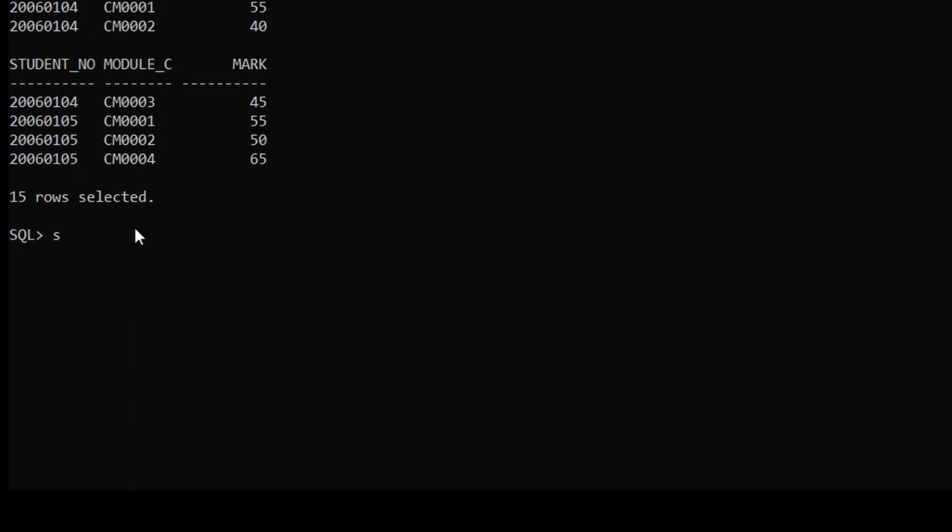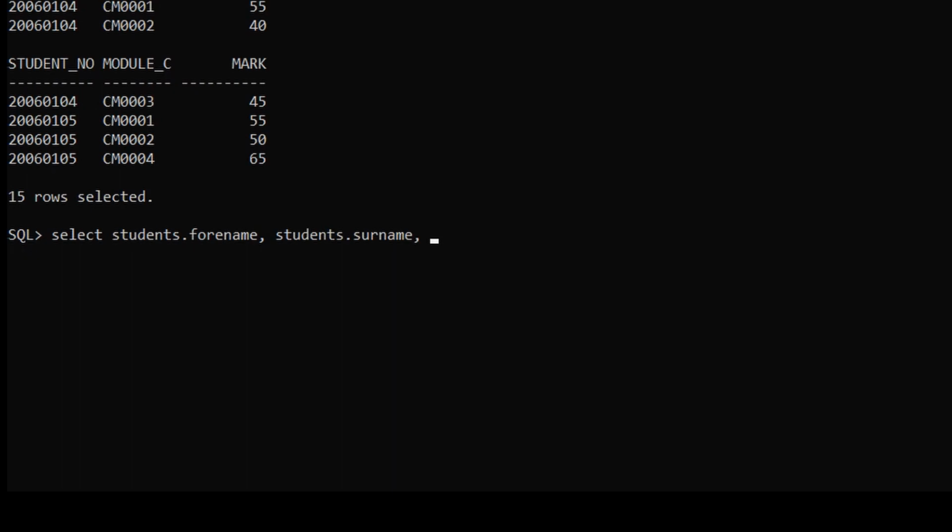For this, we just have to type select, the first table which is students, dot, the first column from the students table which is forename, comma, again we are retrieving surname, so first give the table name students dot the surname column, comma, and now the final column is mark which we are getting from the marks table, so we will just give marks dot mark column, from, first table is students,